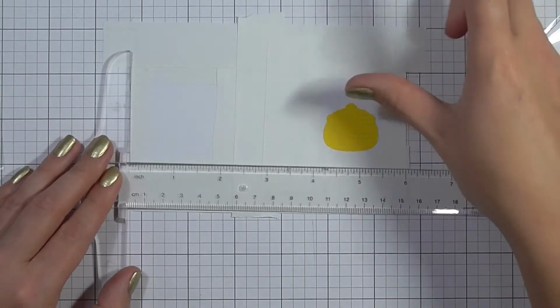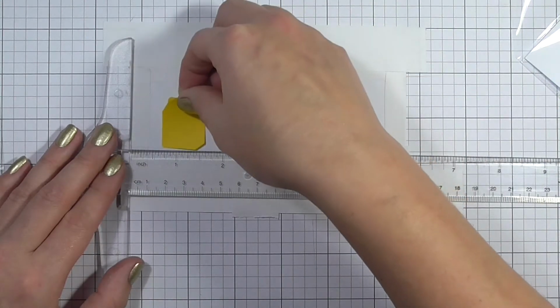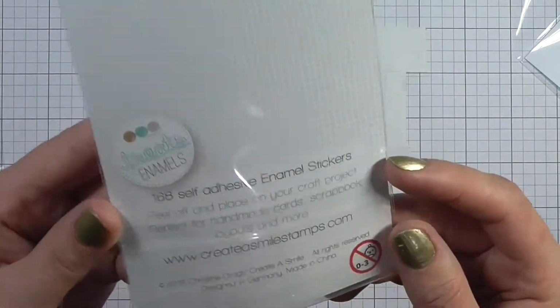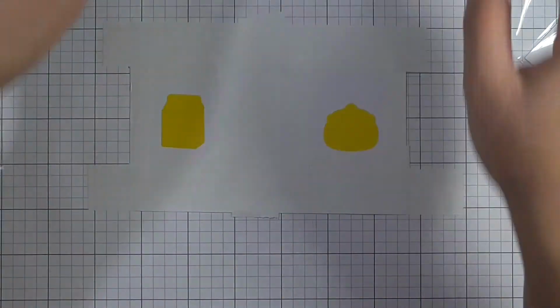What I used for the die cutting there was the full-size sticky post-it notes, and these are a really inexpensive alternative. The colours for today's card are inspired by these enamel dots that I've got here from Create a Smile Stamps,